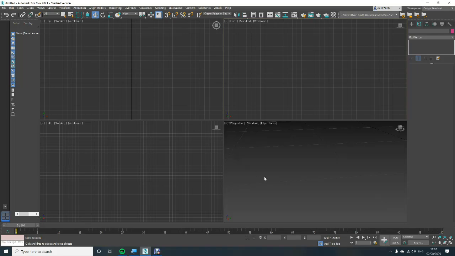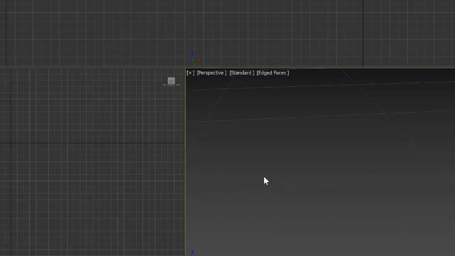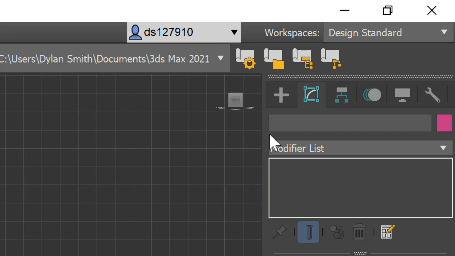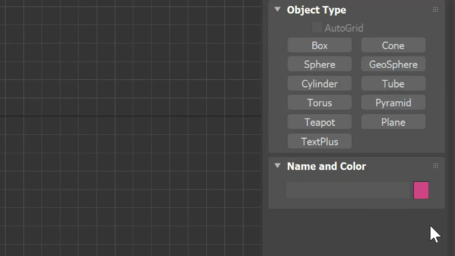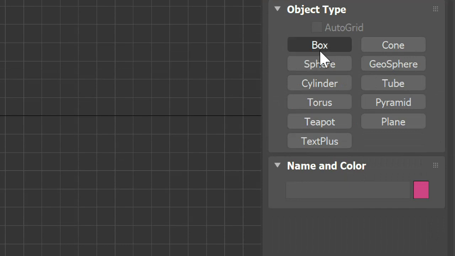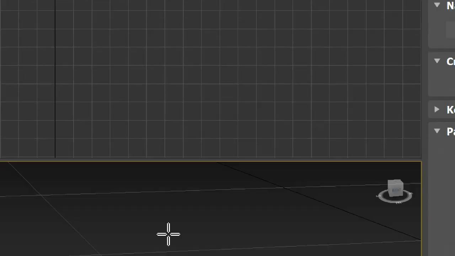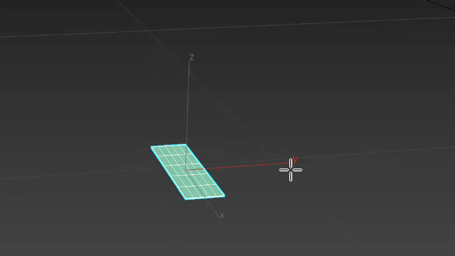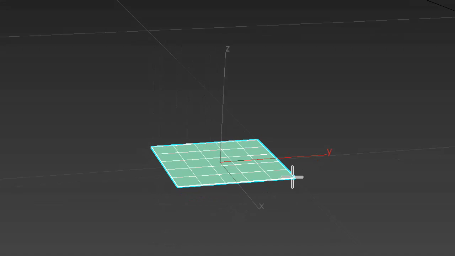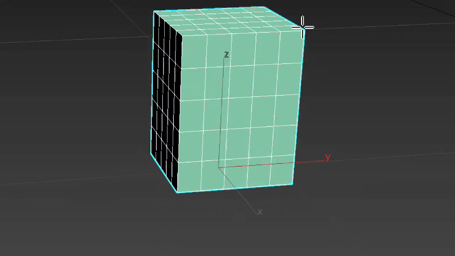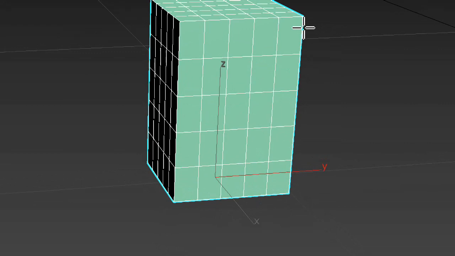Hi all, today I'm going to be showing you how I've made a ladder in 3ds Max. It's quite a simple video, so I'm going to go up to plus, I'm going to add a box, I'm going to drag the box out to about this big, I'm going to lift it up,